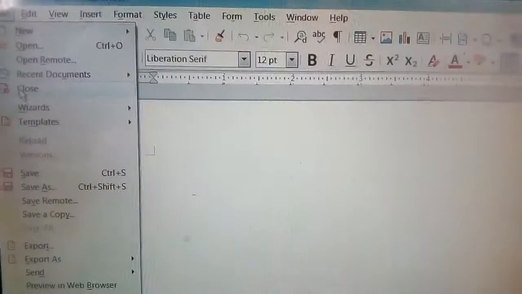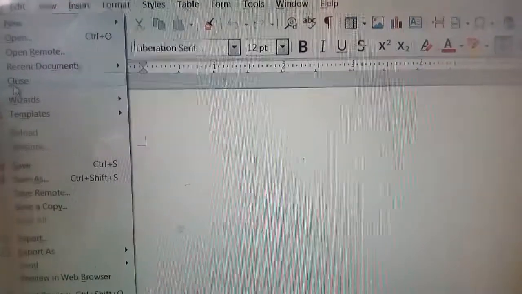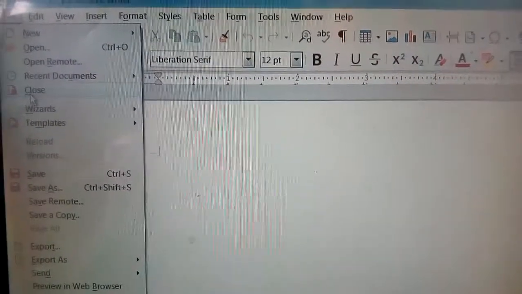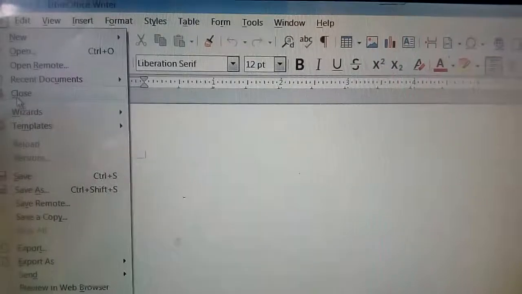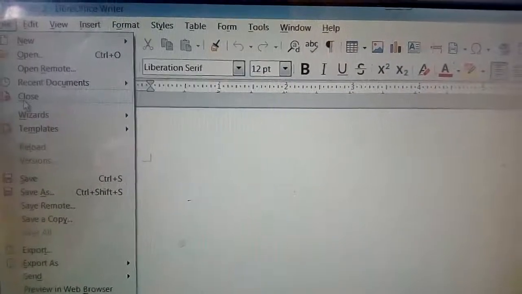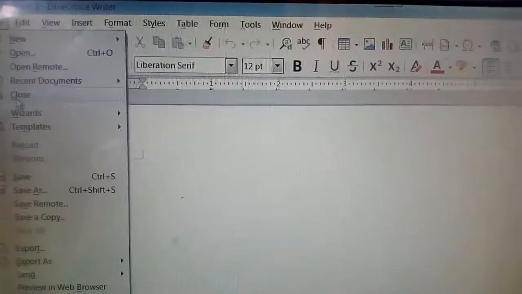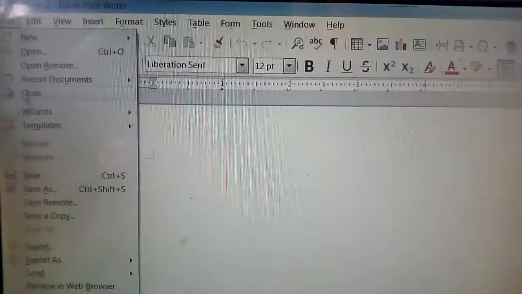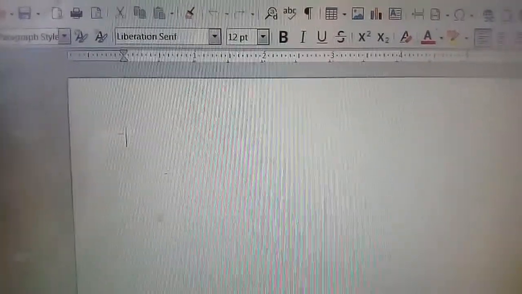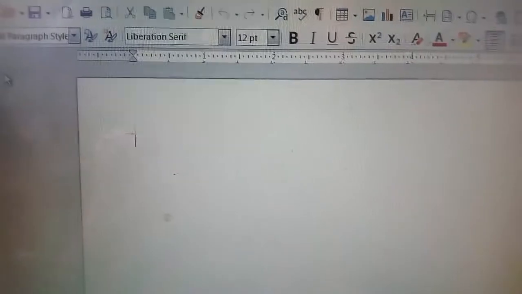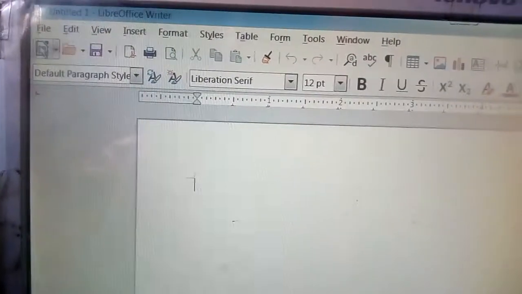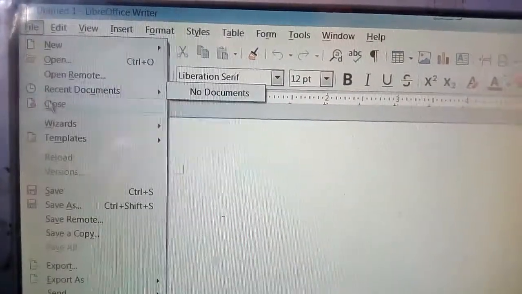Okay, and suppose you have not saved the file, then what will happen? If you have not saved the file, then it will ask you about saving. Okay, so if you want to save the document, then click on save, and if you don't want to, then click on the discard option. Just you can see here I am closing the file. Yes, the file is closed.